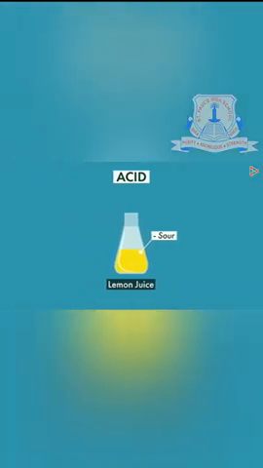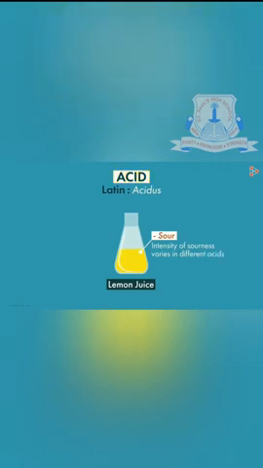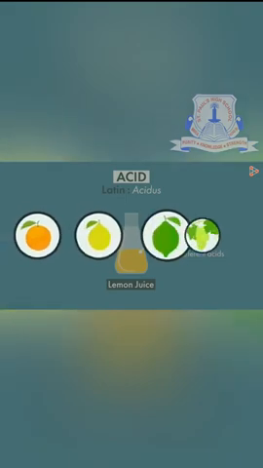The word acid actually comes from the Latin word acidus, which means sour in taste. On this basis, the intensity of sourness varies in different acids. Some acids can have a mild sour taste, whereas other acids can have a very intense sour taste. The main examples are citrus fruits like lemon and orange. All these fruits are acidic. The next example is the soap water. This is a base, which is also known as an alkali.